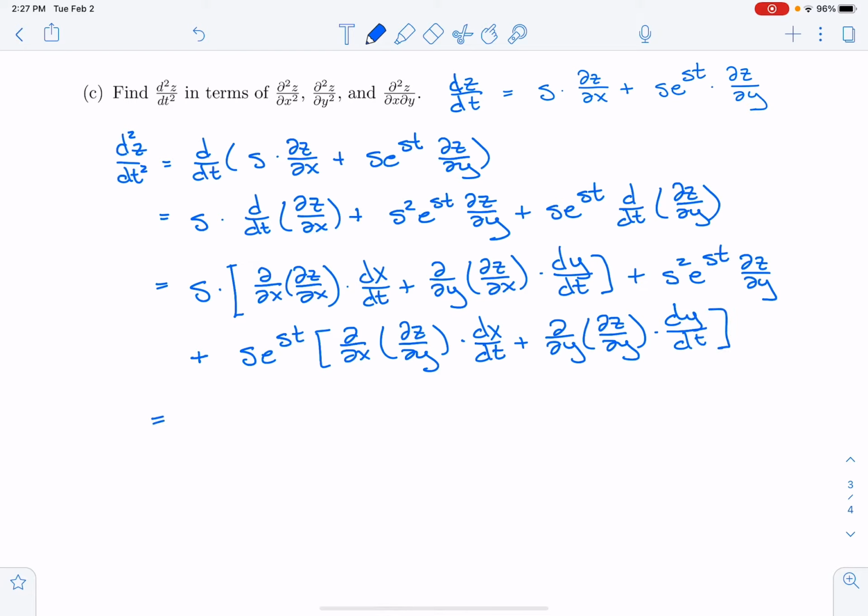Okay, so I'm going to get s times, now let's see if we can simplify this a little bit. dx dt is s, so I'm going to get s d squared z dx squared plus, and then dy dt is s e to the st. Let's see, this is going to be d squared z dy dx. That's plus s squared e to the st dz dy,